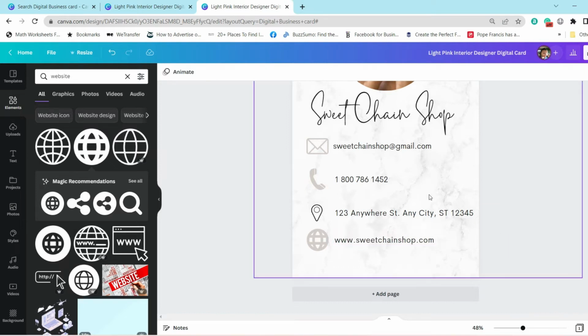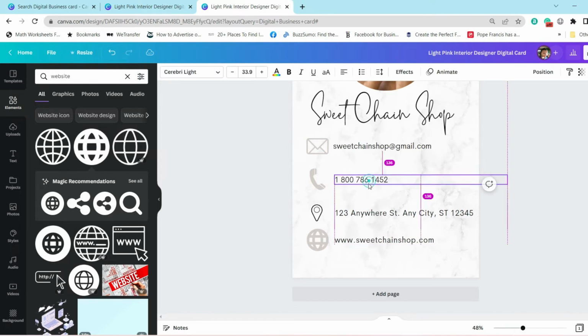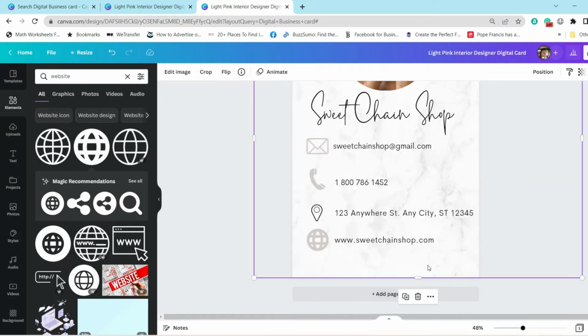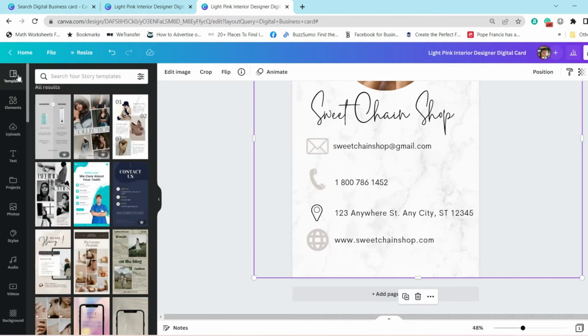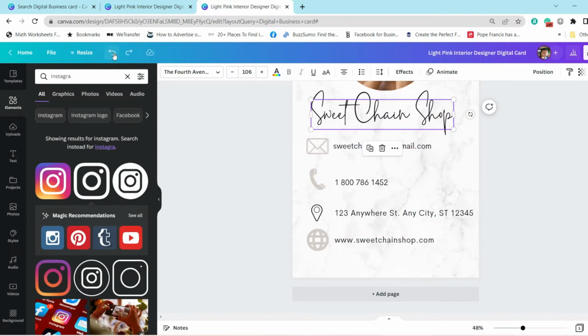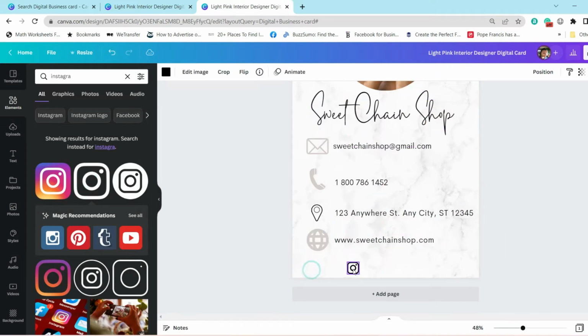Okay, so now what I want us to do is include our social links at the bottom. So let us insert Instagram. So we can insert Instagram here,